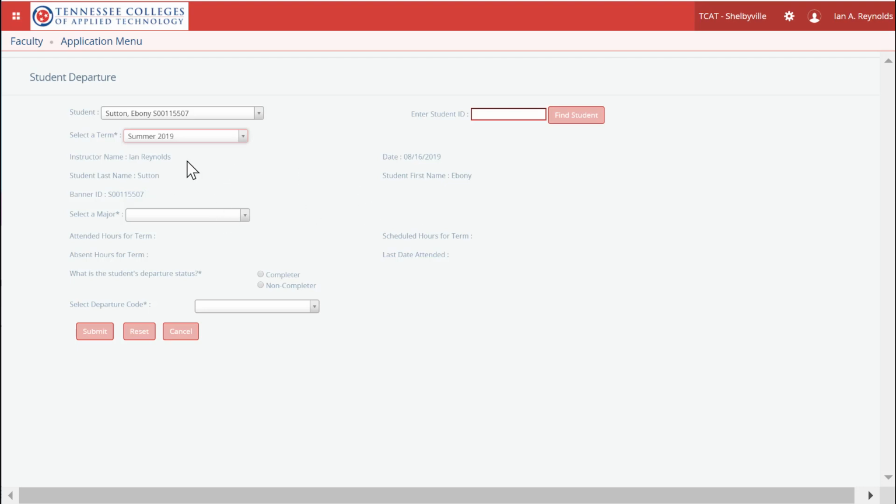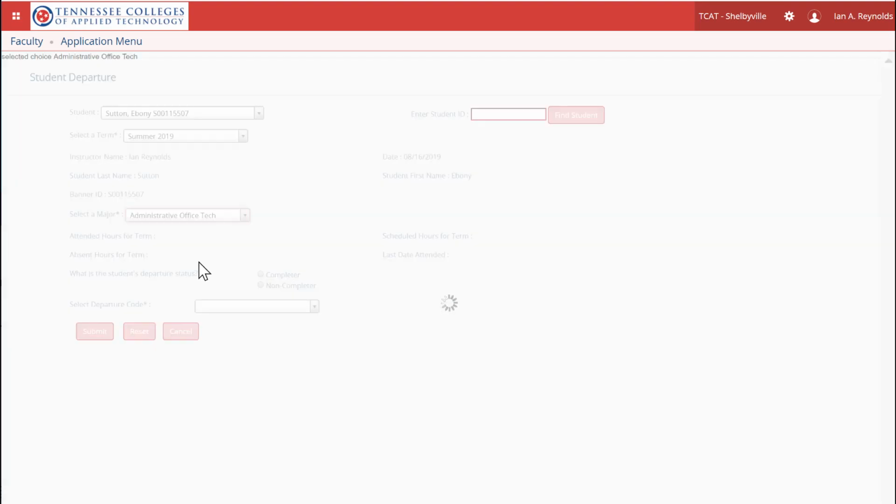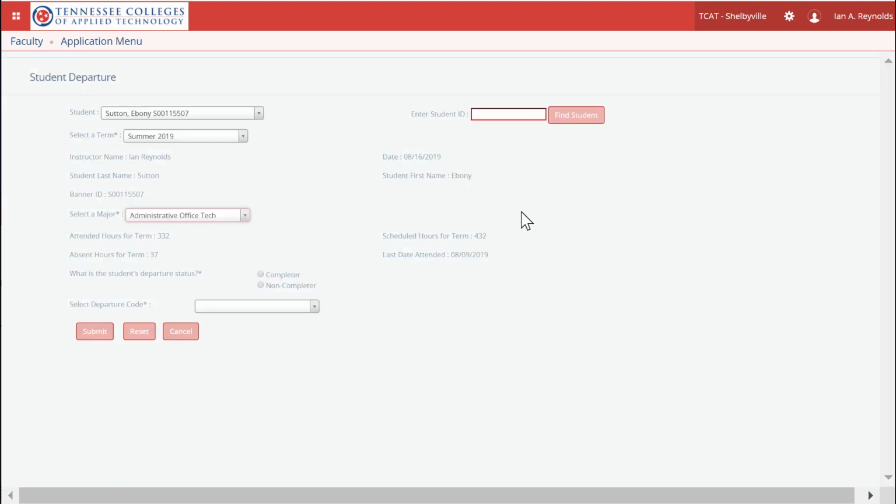As you can see, I'm displayed here the instructor name, that's me, the date that this exit form will be populated, and then the student's first and last name, as well as the Banner ID. I will then select the major that this student is registered for, and I will populate the rest of the items on the screen. This will tell me how many hours the student has attended for the term, how many they're scheduled for, last date of attendance, basically all the information that may be useful for the instructor